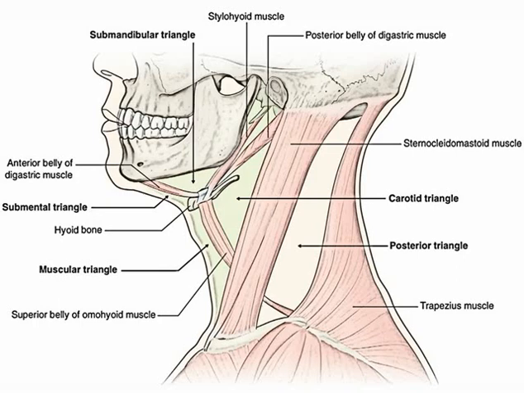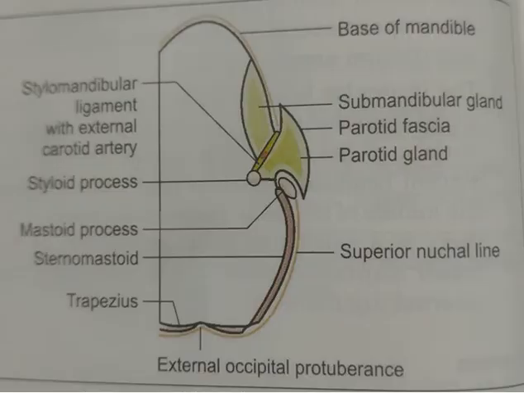Now again, if we see the superior attachment of the investing layer of deep cervical fascia in this figure, here we can see that it splits from the styloid process to the mastoid process. Here it splits from the superficial layer called parotid fascia and from the deep layer, and it covers the parotid gland and the stylomandibular ligament. It separates the parotid gland from the submandibular gland. So it splits to enclose the parotid gland and the submandibular gland.